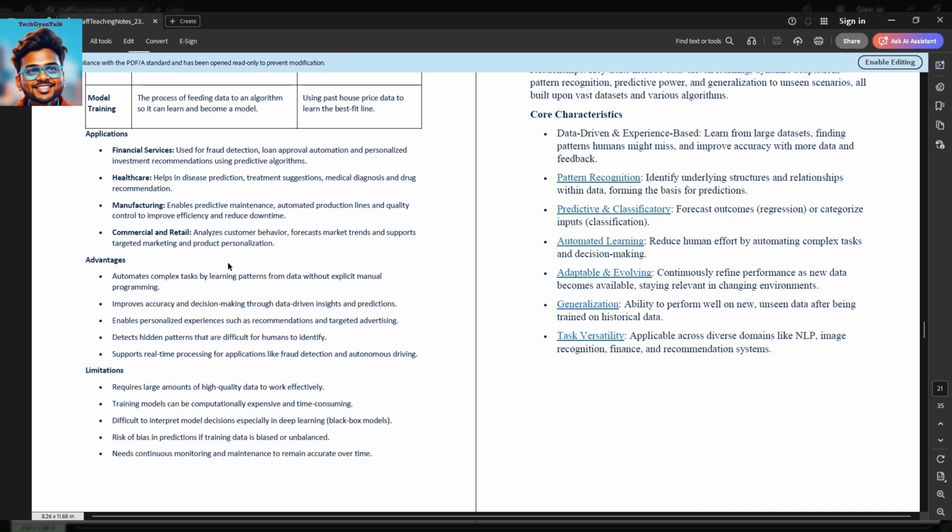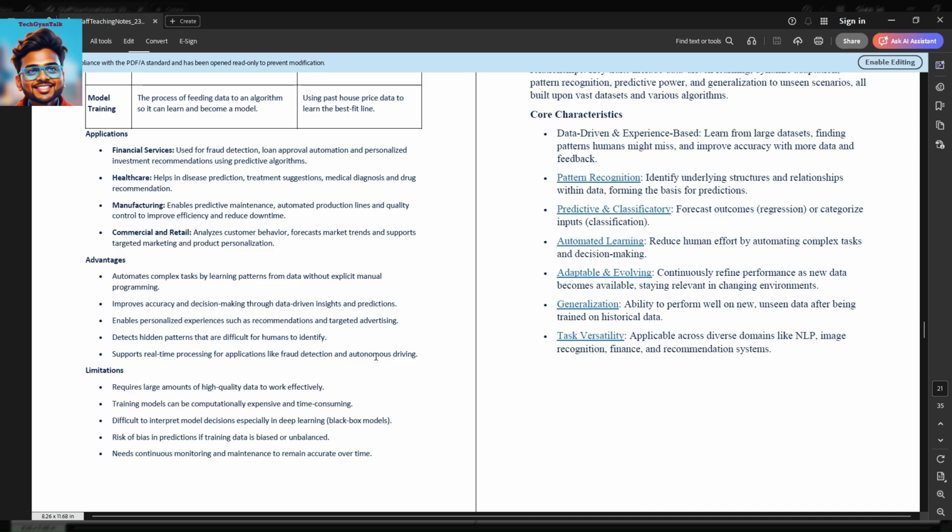Advantages: automates complex tasks by learning patterns from data without explicit manual programming, improves accuracy and decision making through data-driven insights and predictions, enables personalized experiences such as recommendations and targeted advertising, detects hidden patterns that are difficult for humans to identify, supports real-time processing for applications like fraud